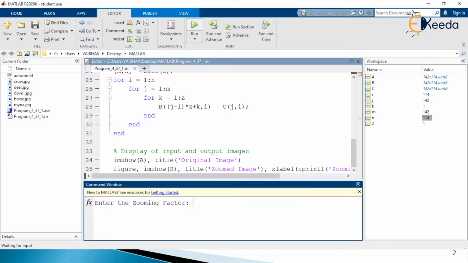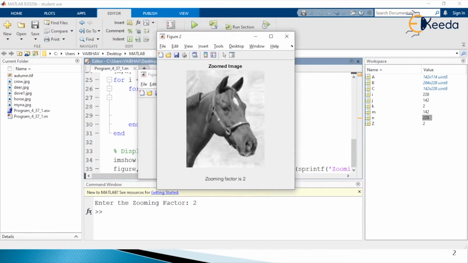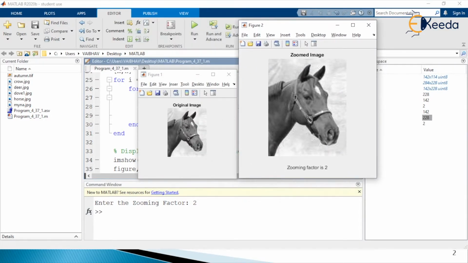This time I am going to provide the integer value of zooming factor to be 2. As I hit enter, you see again two MATLAB windows have been generated. On the left side is the same original image that we had for the zooming factor 1, and now the output image, the zoomed image, you see with double the size here.